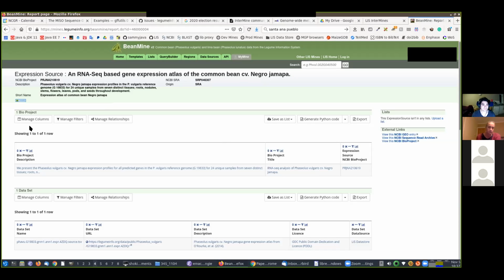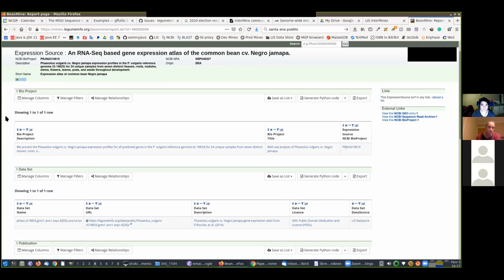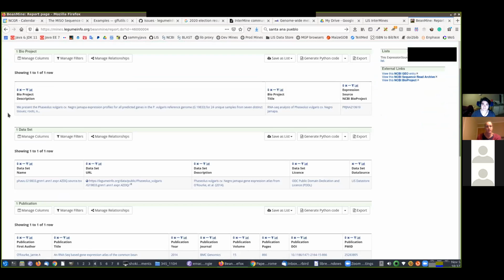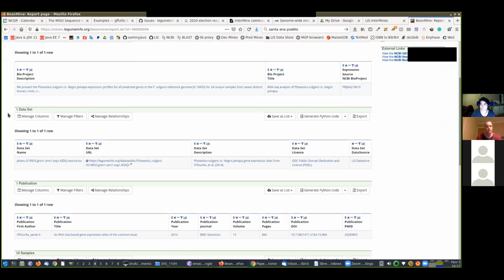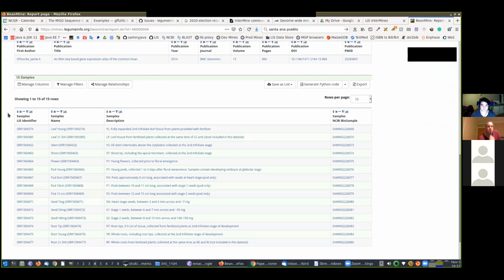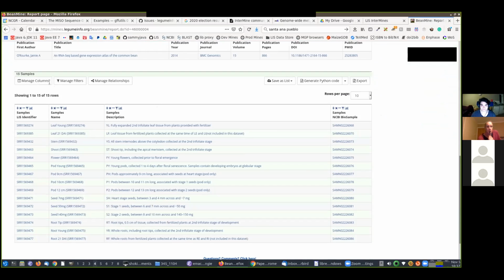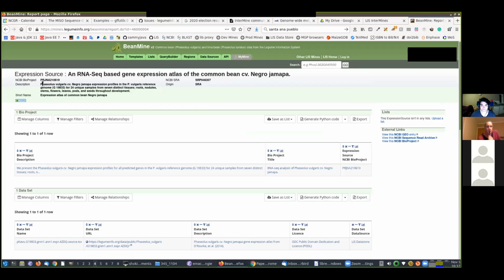So these are just expression atlases. They're just atlases of expression of a particular plant, which includes a line. This is a common bean, Negro Jamapa. And what we have then is a collection of samples. That's the interesting thing. The rest of it's just this metadata, the bioproject, the description,